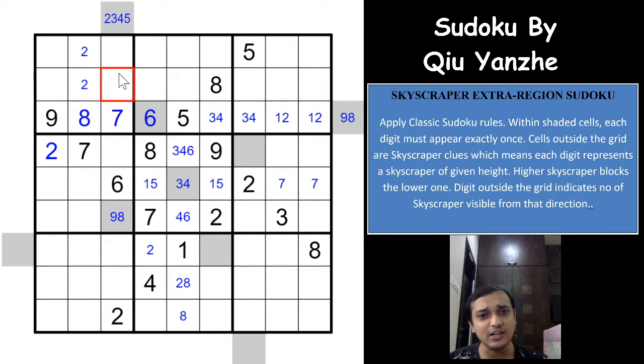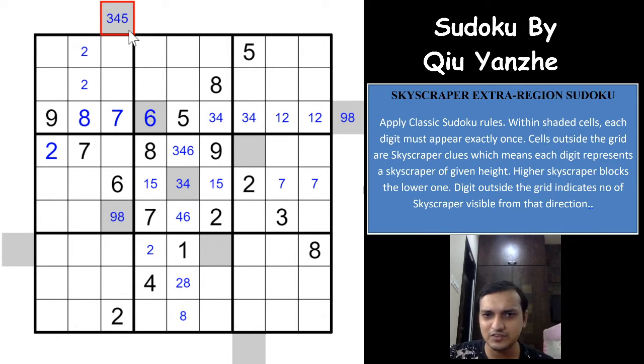And I can directly eliminate 2 as a possibility also. You'll have to think a bit deeply with the skyscraper constraint. So you know that 9 and 8 cannot be here. You have a 7 here and somewhere you will have a 9. Let us assume you have a 9 before 8. So you have a 9 here, and in these 2 cells or in any one of these cells, there will be something lesser than 7 that will be seen as a skyscraper clue. So you will see a minimum of 3 buildings for sure, which means 2 is also eliminated.